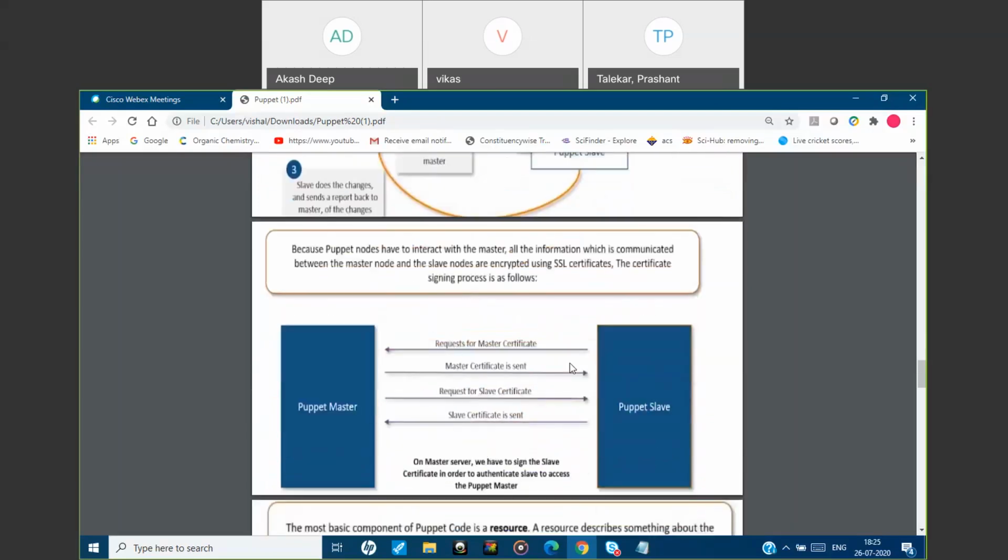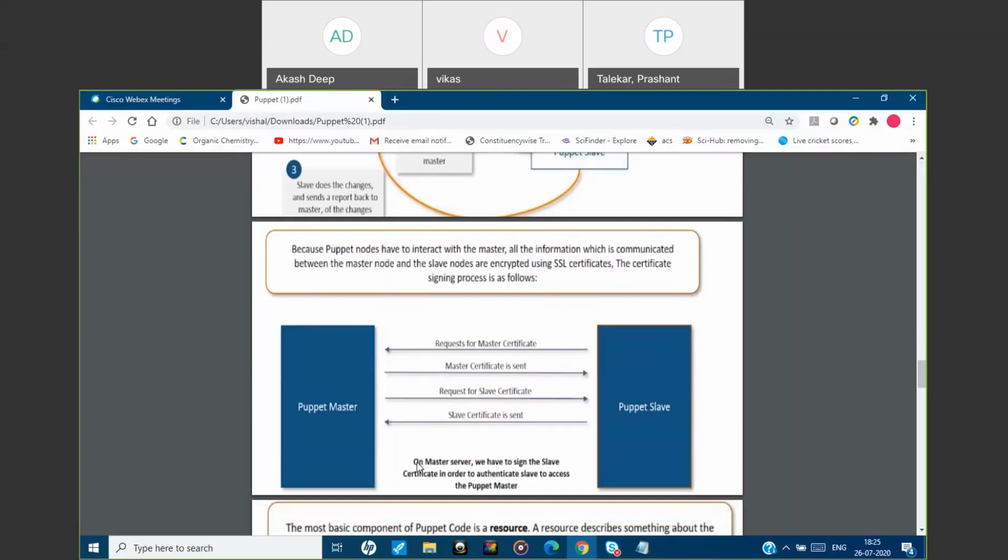First, the Puppet slave will request the master certificate from the Puppet master, and the Puppet master will send the master certificate. After that, the Puppet master will request a slave certificate also, and the slave will send its certificate to the master.